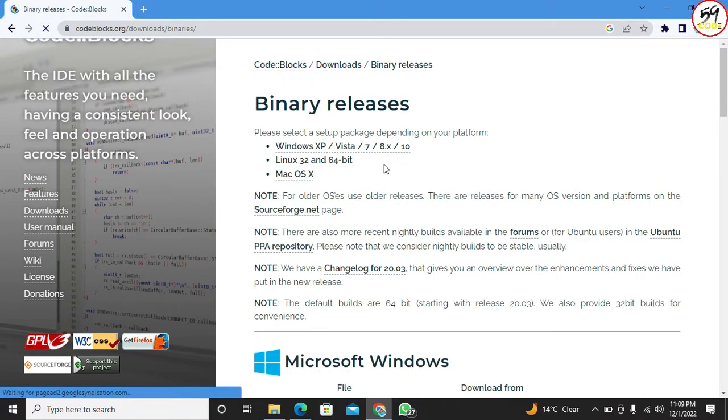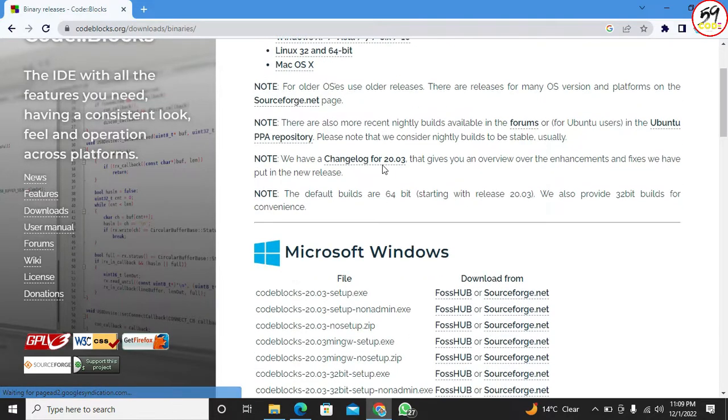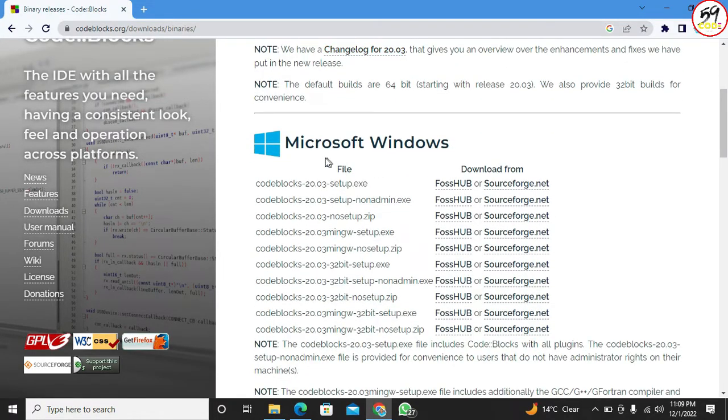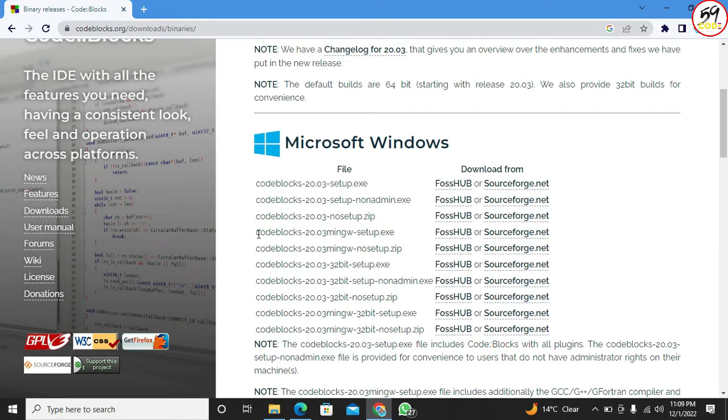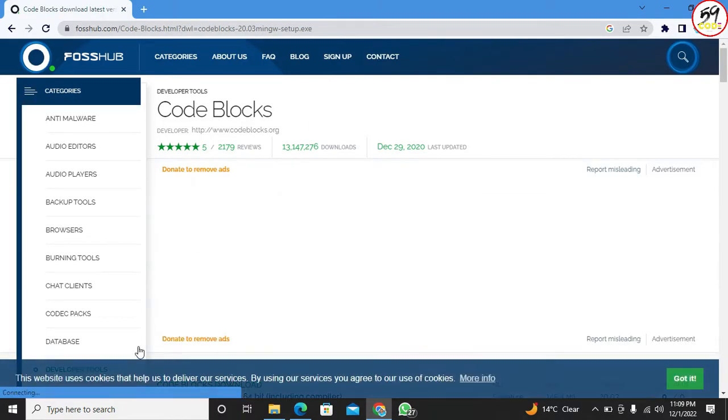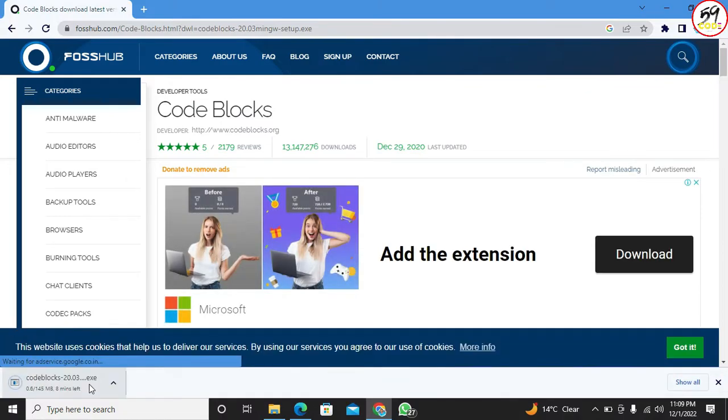Click here and scroll down, and here you can see versions of Code::Blocks for Windows. Here we search for MinGW setup, which is in the 4th line. So install it. Here are two options, you can click on both. I click the first one, Sourceforge. Click here. Your download will start in some time,